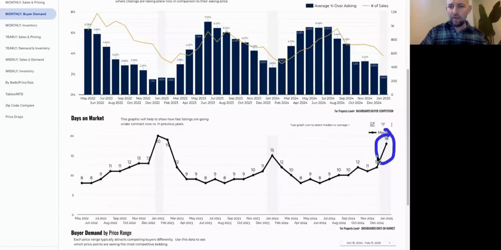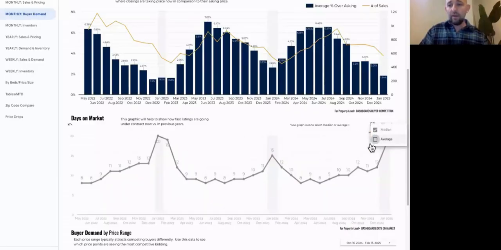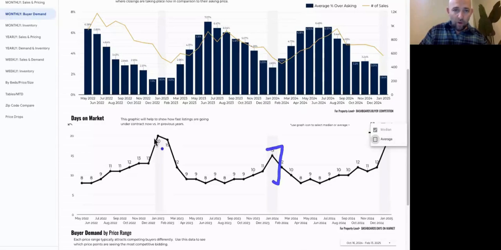And we can see here that at 18, we might even want to layer in the average if we want to look at it different ways. That is still really good. It's kind of the low point, I think, seasonally. As you can see, January right here always sort of slows down. But if you're getting your team ready for action, as you obviously already know, traditionally, March and April, you see that go in half. And so, in terms of expectations, you'll probably see that coming up here in the next few months.